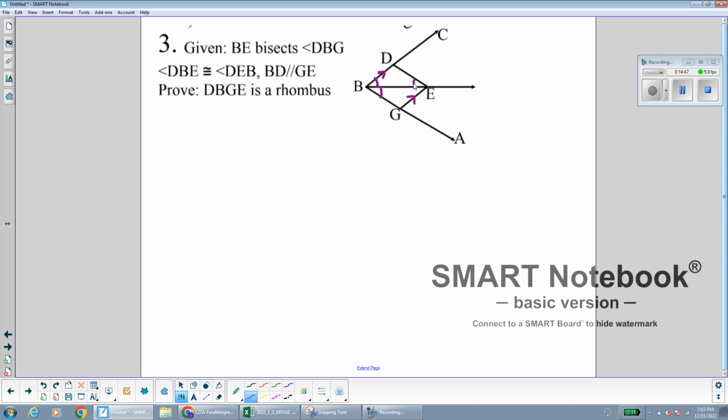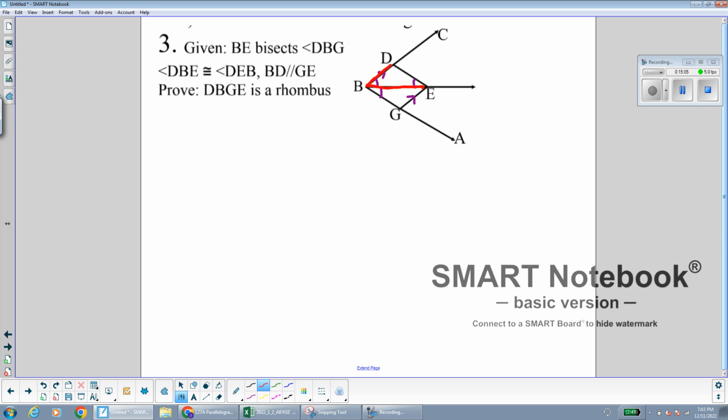Well, they don't tell us that this quadrilateral is a parallelogram. And remember, parallelogram first and then rhombus. So we actually are going to have to first prove that we have a parallelogram here. Not so fun. But don't worry, it's not as hard as it looks because